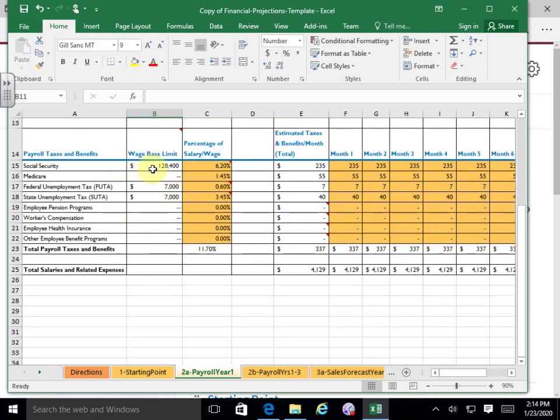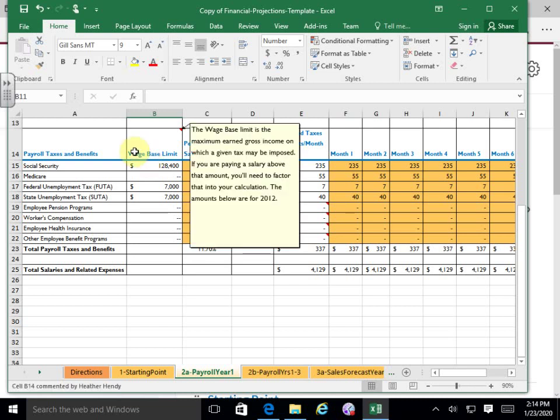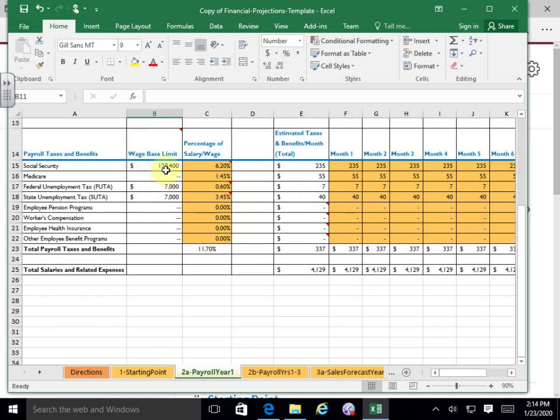You get that. This stuff's all put in for you. It's kind of nice. Anybody know why they got 128,400 there in Social Security? Once you start making above that, they don't put tax on it. Yeah. Social Security is the most regressive tax that the U.S. has, because rich people that make more money than 128,000 don't have to pay any Social Security tax on anything above that. I think they still pay Medicare, because there is no limit there. So they continue to pay Medicare tax, but they don't pay any Social Security tax above that.